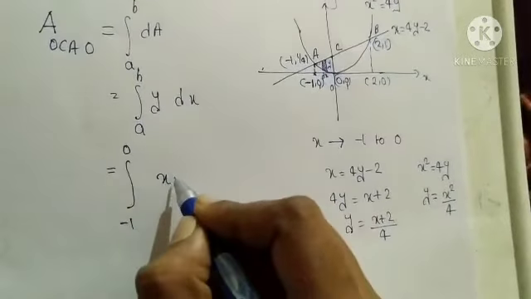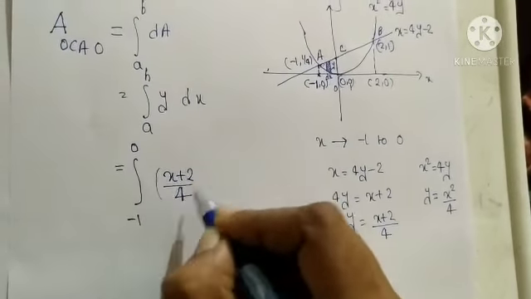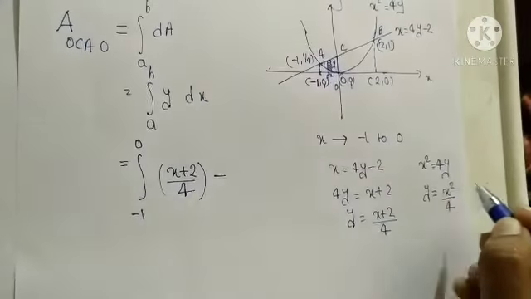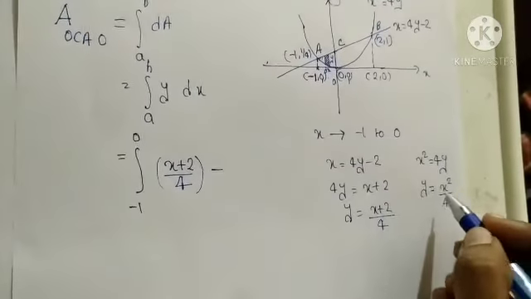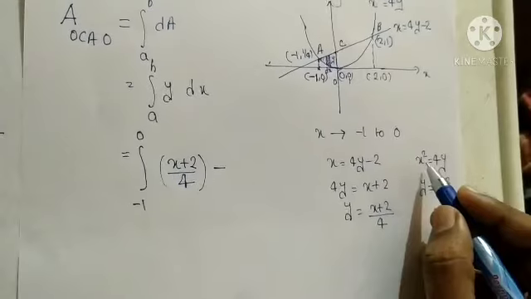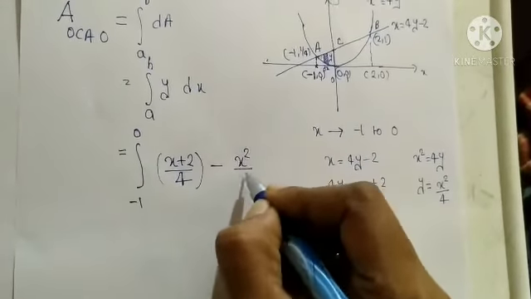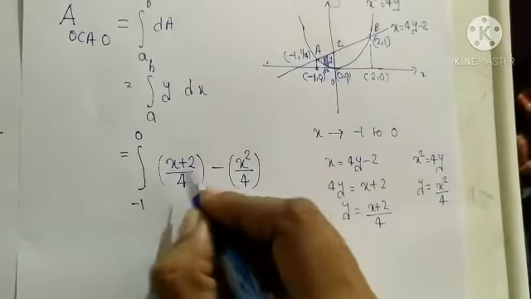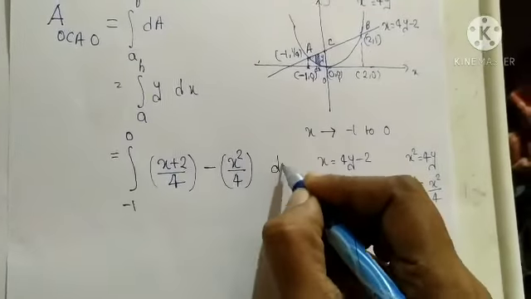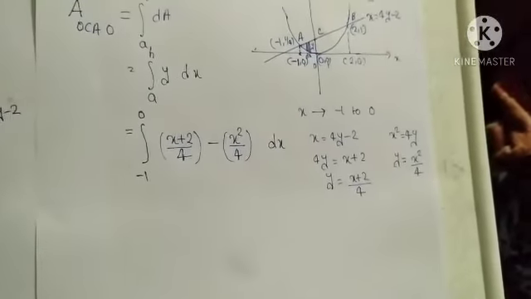So it's (x plus 2) by 4, upper curve, minus lower curve, which is a parabola, and here also I have converted this equation of parabola as a function of x. So x square by 4, upper curve minus lower curve, dx. Okay, I hope you understood the concept here,